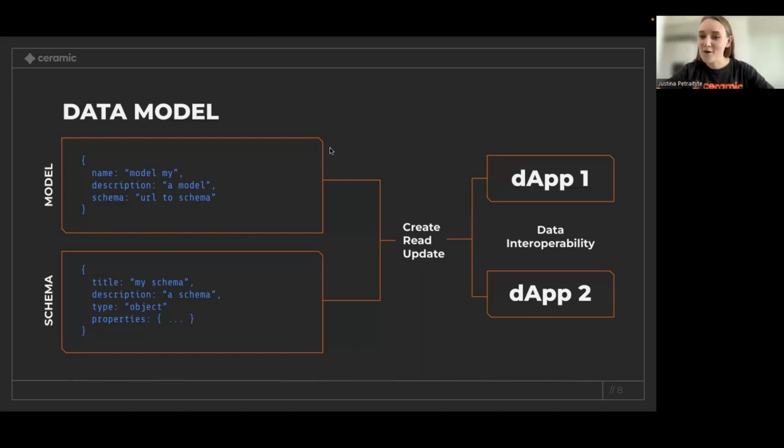And each of those Lego blocks is a data model. A data model basically defines what a specific feature in your app looks like. So there are some details that you have to define for a data model, like some metadata like model name, description, and then you can define how the schema of that specific feature looks like.